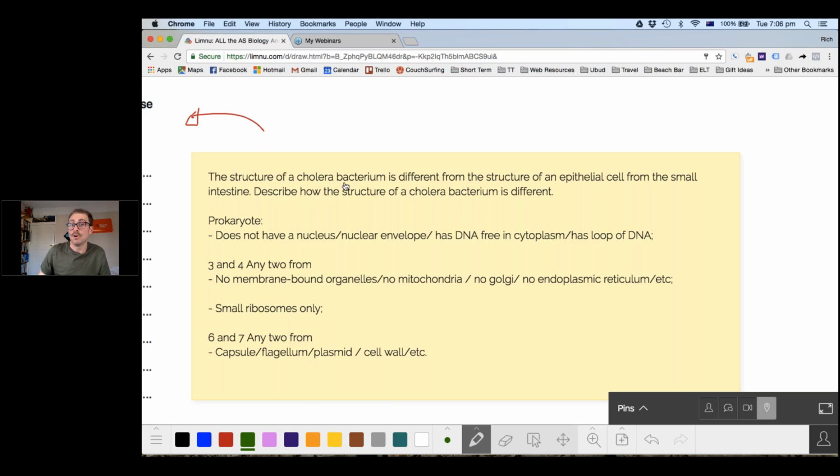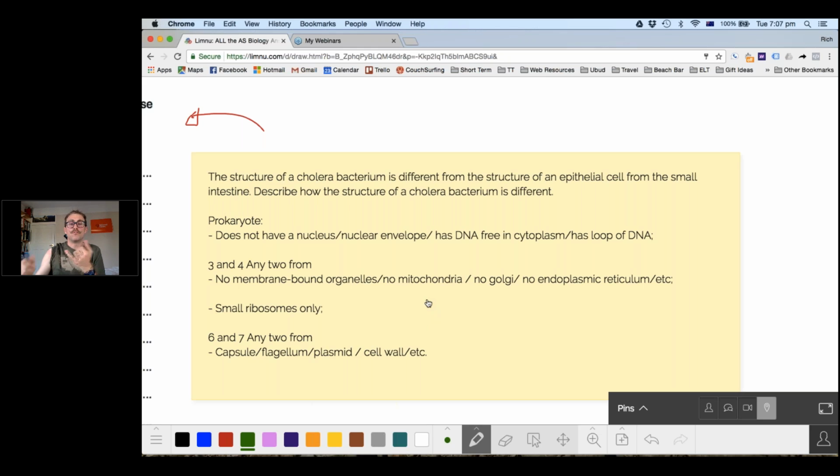The structure of a cholera bacterium is different from the structure of an epithelial cell from the small intestine. Describe how the structure of cholera is different. So they haven't used the words specifically, but this is, how is a bacteria different to an animal cell? You don't really have to go into the specific details about epithelial cells. Can a bacterium have RNA too? They can have RNA, but I would say